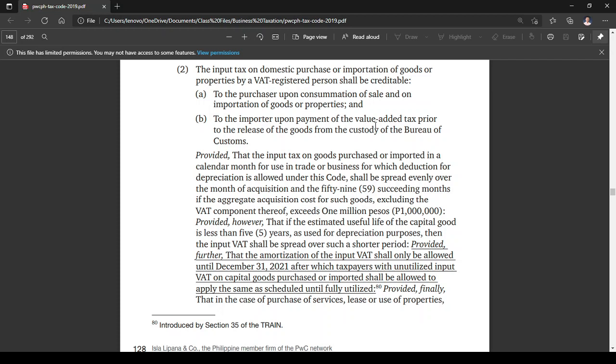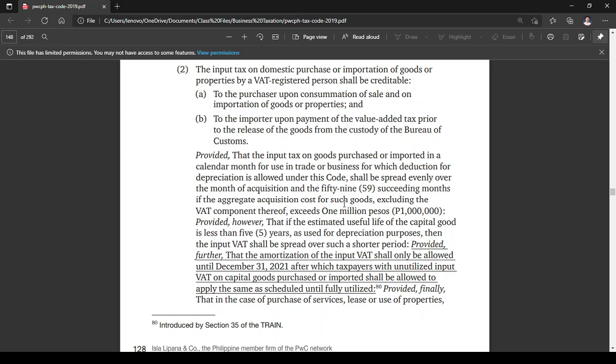Okay, so sabi lang dito, kapag yung inavail nating input tax, it shall be spread evenly over the month of acquisition. So kung bumili tayo for the month of January tapos nag-avail tayo ng input tax, yung inavail nating input tax dapat ma-divide siya for the days of the month of January. Right, so kung naman kapag